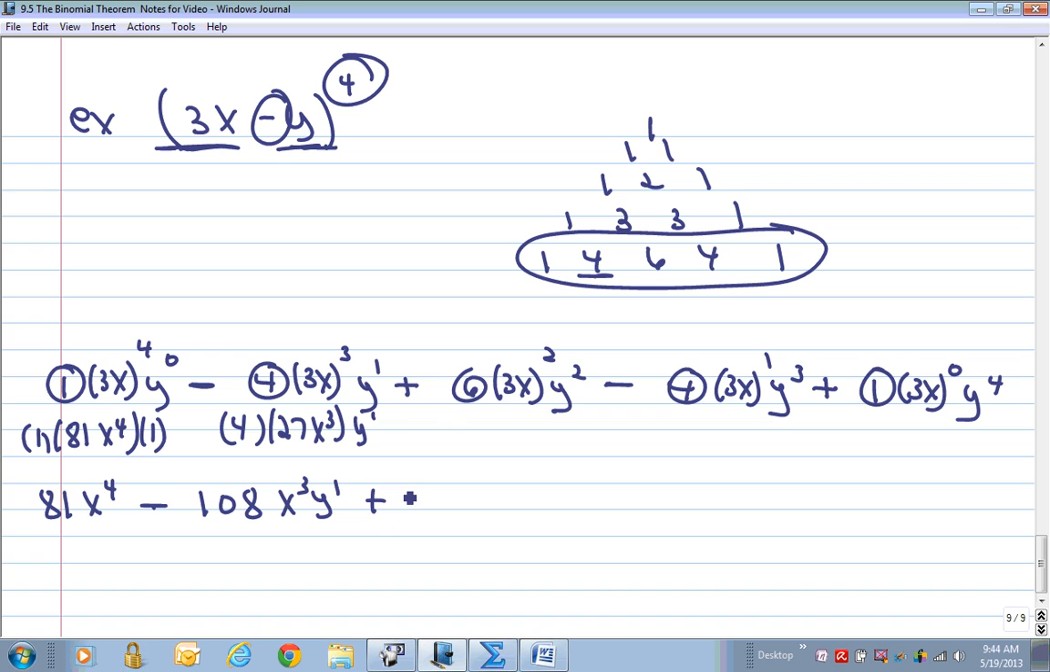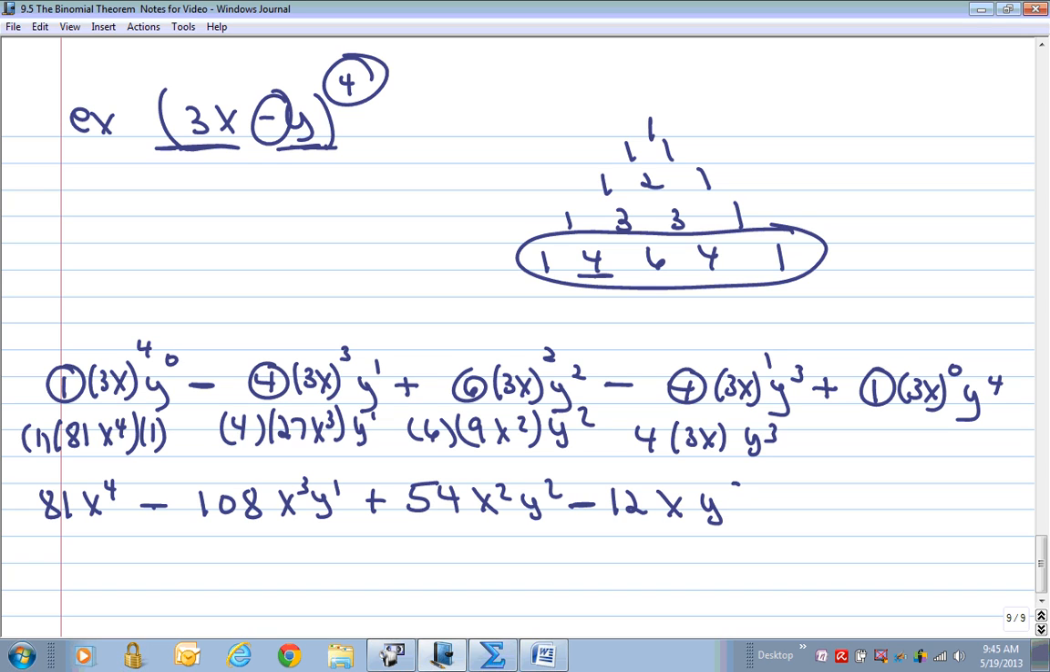Plus sign. Now we have a 6. 3 squared is 9. X squared. And then y squared. 6 times 9 is going to be 54. Notice we're already decreasing again on our leading coefficients. And we have x squared, y squared. The squares add up to 4. We're going to have a subtraction sign. We have a 4. We have 3x and y cubed. Well, 4 times 3 is 12. X, y cubed. And then finally, plus